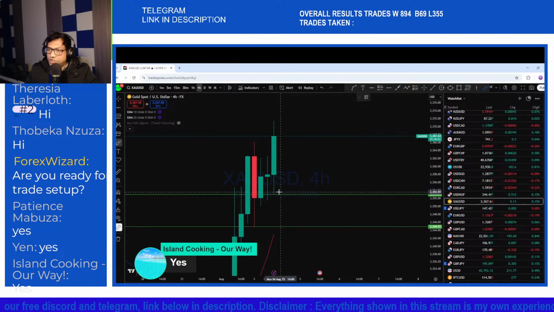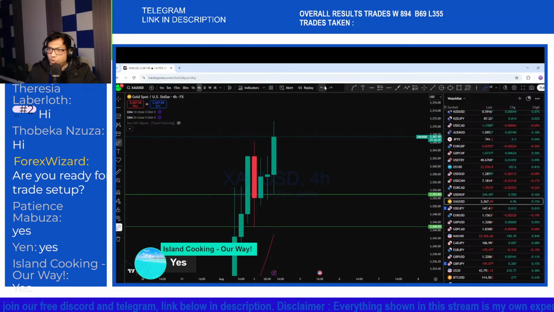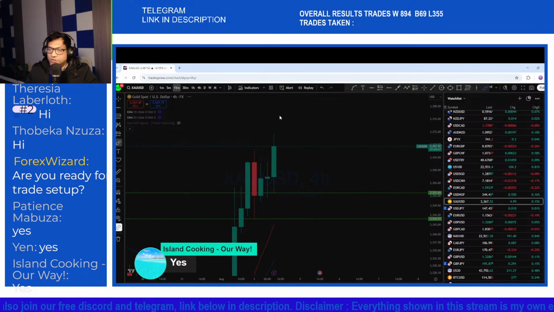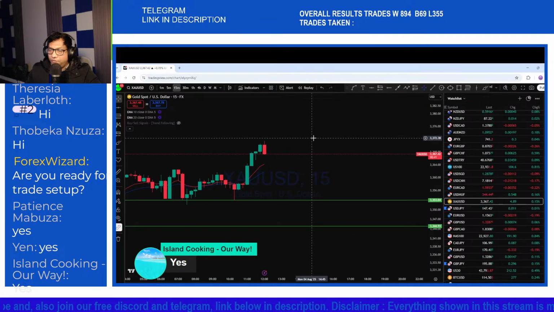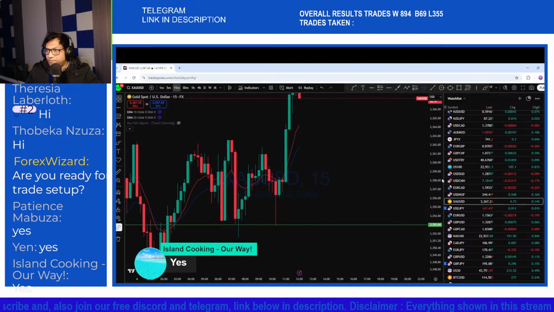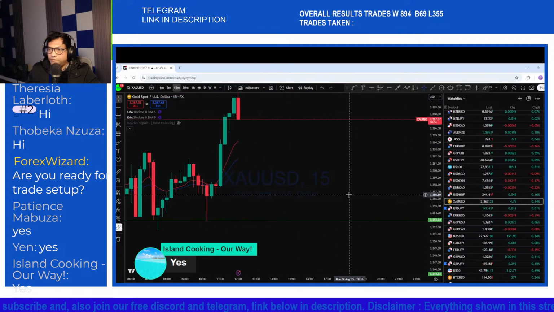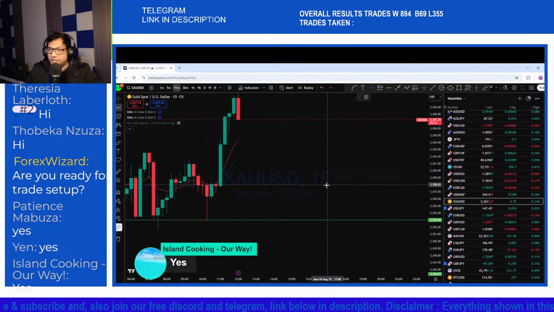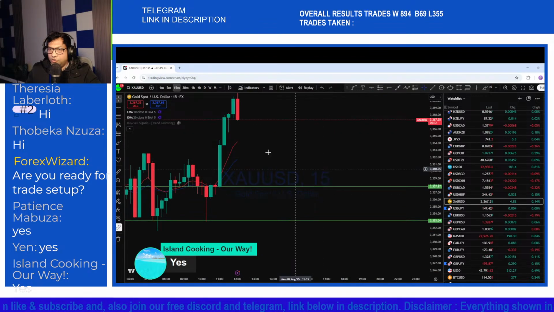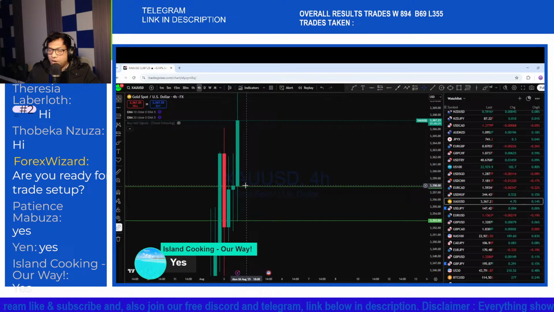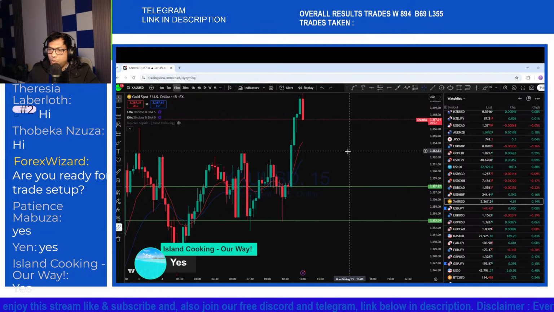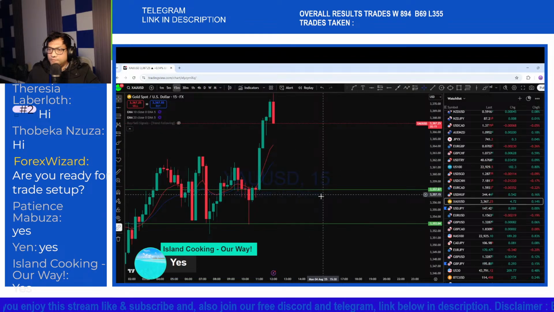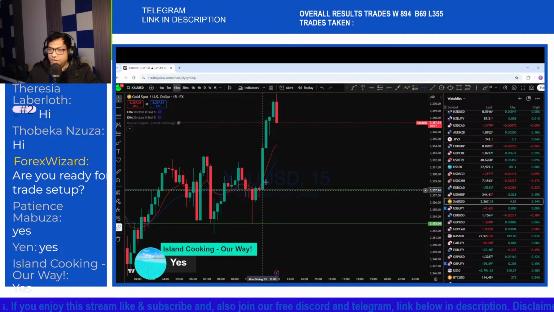And with this bullish impulse on the 4-hour from this bullish engulfer, this is the 15 minutes here. If the market comes back for another retest, especially to this support level, this is the current support on the 15 minutes, which is also the 4-hour open and close. If the market comes to retest this support on the 15 minutes, the market has made its move back to the upside.